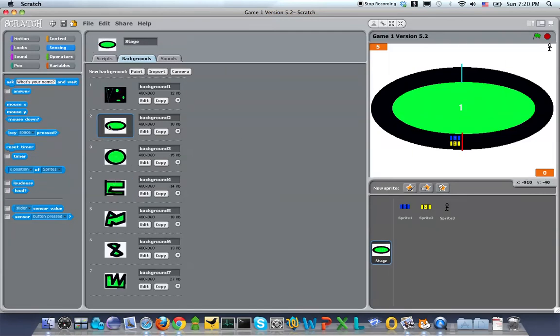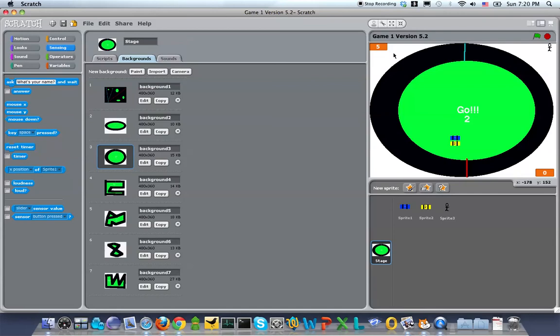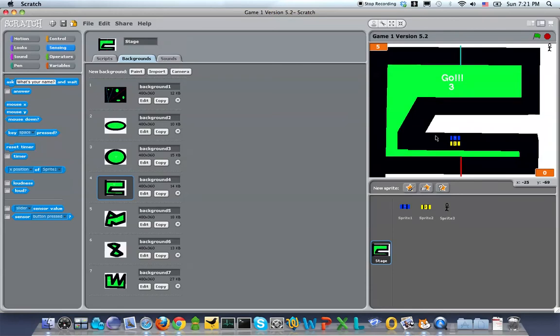So the first level is background 2. This is my first track I did, which is basically putting a black circle on and then on top of it a green circle. Then I did it again with the biggest track I could, because of that I found more awesome, more track. Then later on I started doing more levels. So here I have